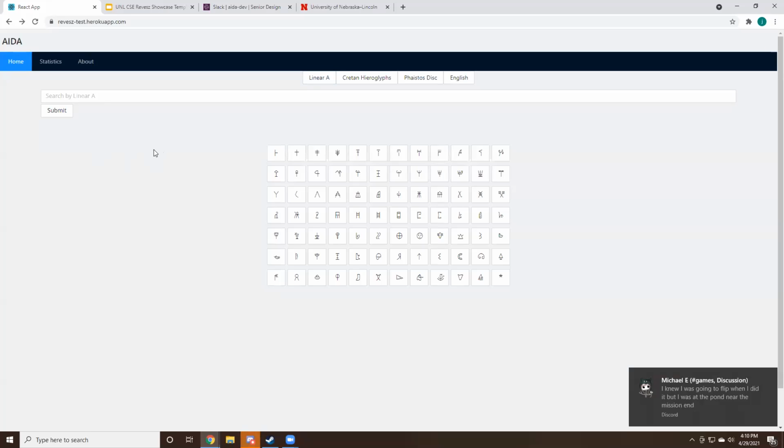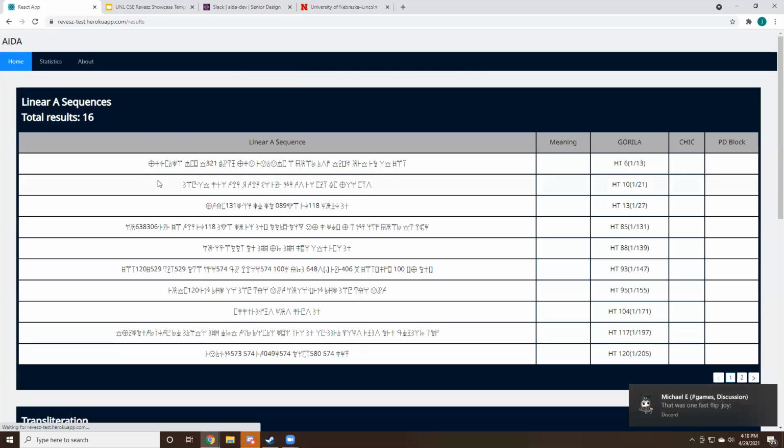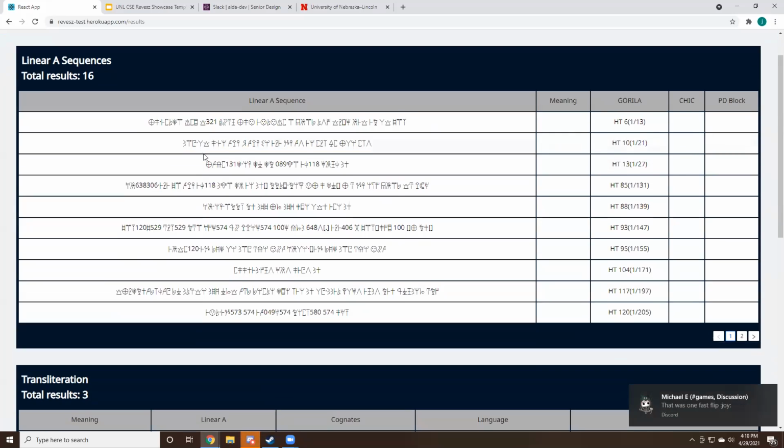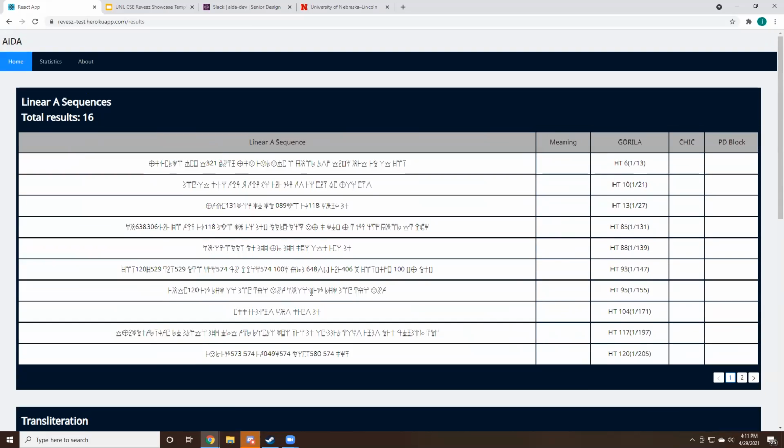So this is the application we showed you in the screenshots. As you can see, we're on our home page, which defaults to the Linear A keyboard. So if we wanted to, let's say, search for this first character here in the top left, we simply type it in and click submit. After a little bit of load time, we get results. It searches by subscript, so any script or string that it actually shows up on will display, as well as any transliteration and any of the sequences. And this is just useful for researchers looking for these actual scripts themselves, as well as